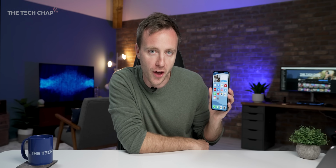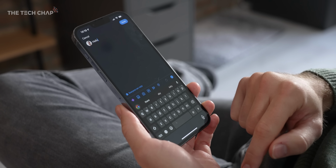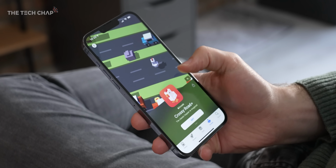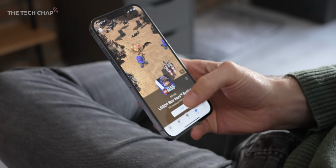Speaking of the software though, and I do have a couple of things on my wish list, especially as someone jumping ship from an Android phone recently. And the first one is, I really wish we had a universal back button. Most apps let you swipe in from the left to go back, but not all, and then sometimes you have to go up to the top left and press back, which is a little bit awkward on the size of the Pro Max. But also, since I mostly use the phone in my right hand, it would be so convenient to be able to swipe in from the right hand side to go back as well,